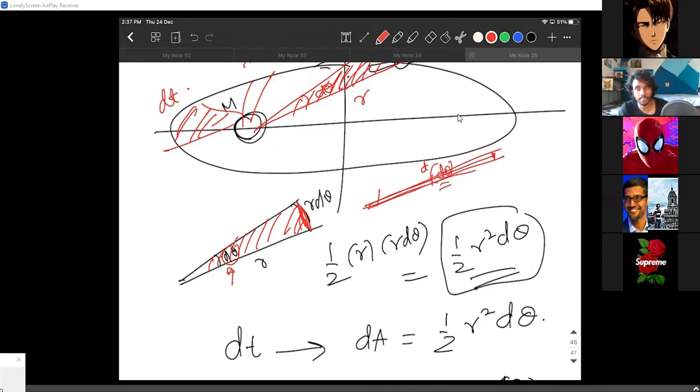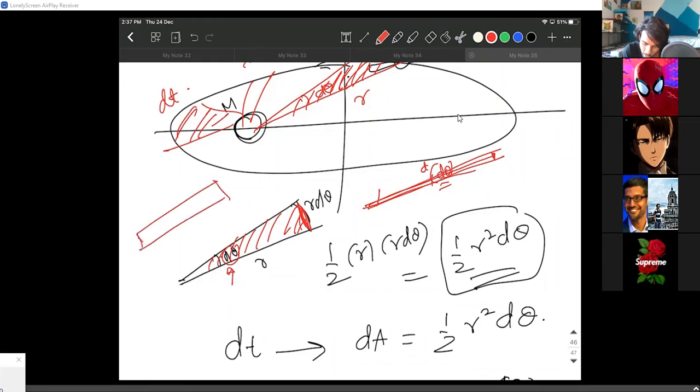Sir, we can't just take it as a rectangle. How did we take r d theta? No, for a rectangle, you need this width. On the other end, there is no width. So you can't take it as a rectangle. Okay, sir. Even taking it as a triangle, assumptions themselves have limitations, okay? You don't completely get a hold of these assumptions at this point. You might slowly understand them in the future. But at this point, it is a bit weird for you people to accept this fact. Okay.